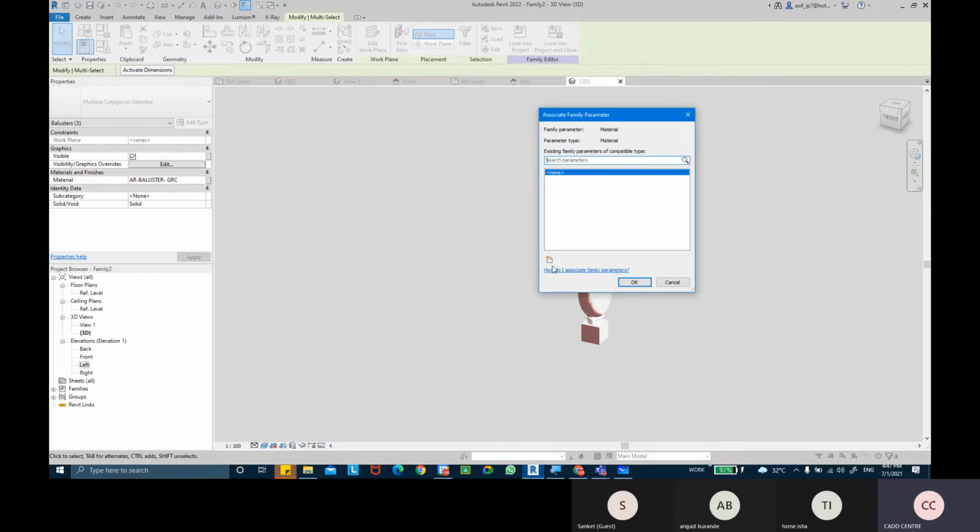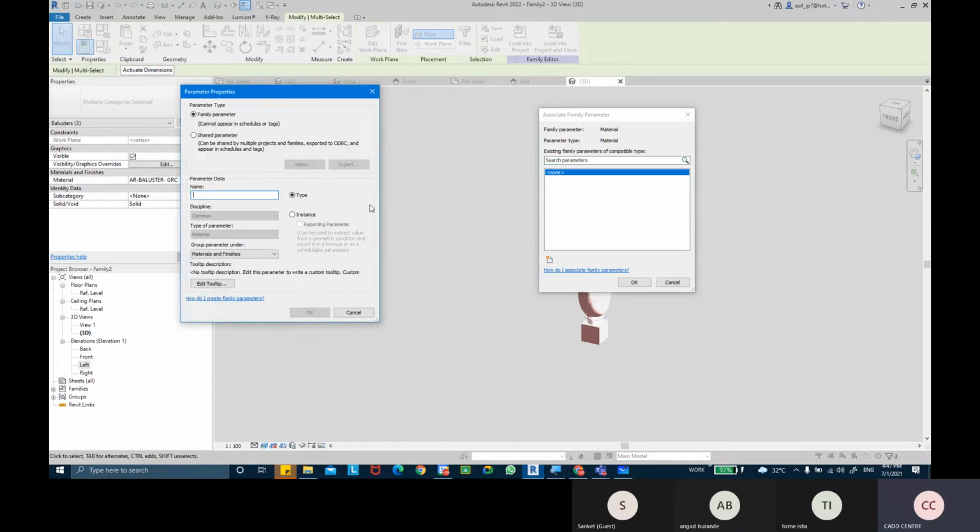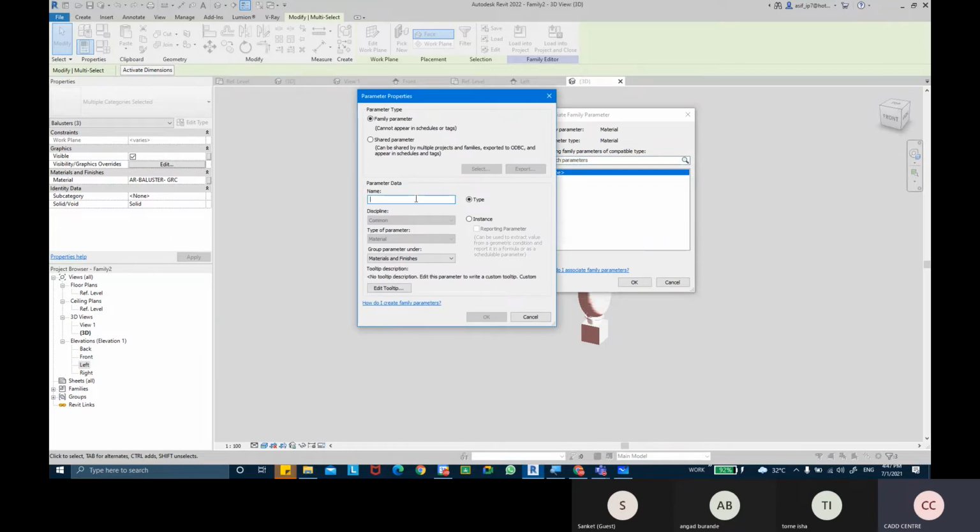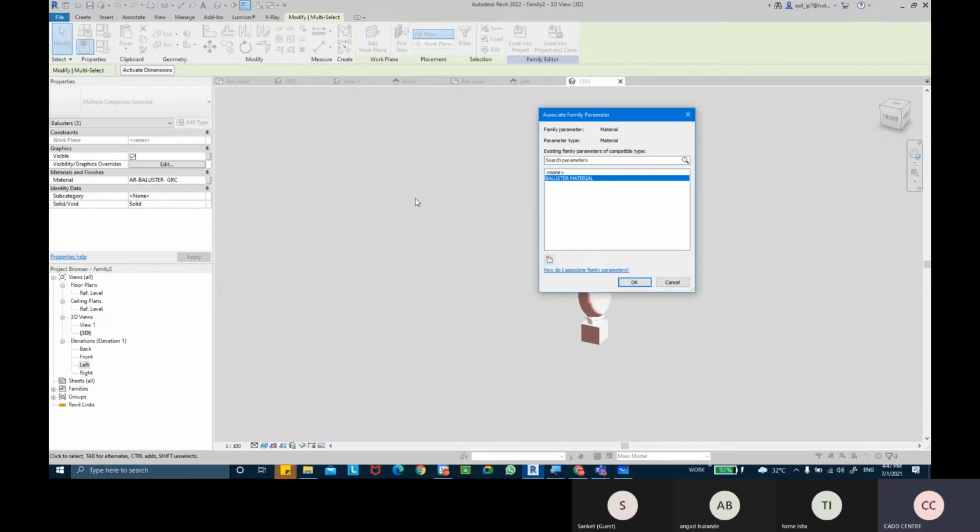We don't have any parameter, so I'll click it and create a new parameter. I'll name this baluster material. Click on OK. Then we click on OK once again.